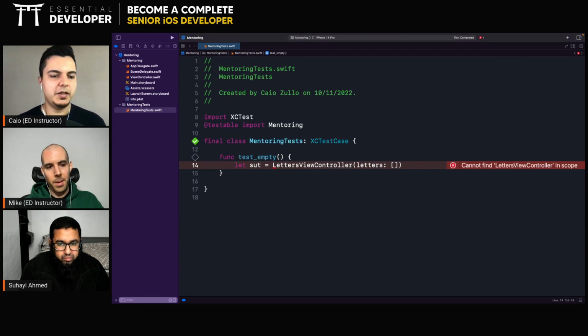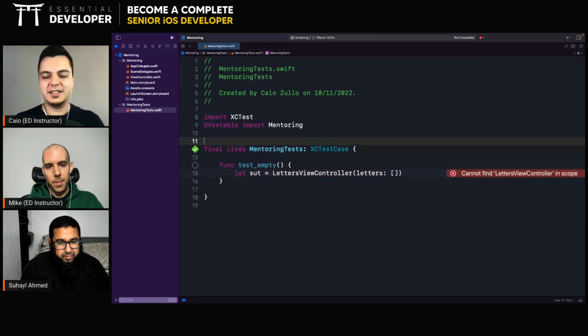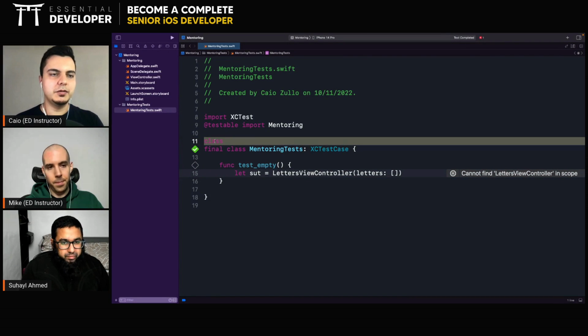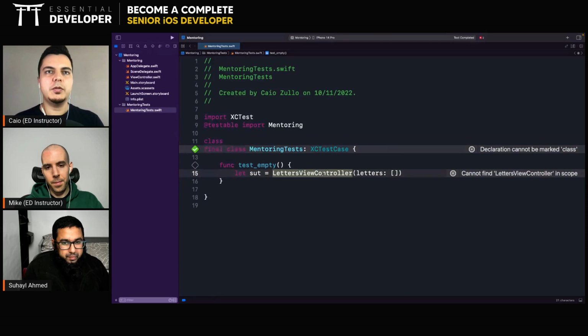We pass an empty array. Already have a build error, so we need to create a class here. I'm going to create it here in the test target, but this is production code. I'm just creating it here so I don't need to be switching files. A lot of people say, oh, you're writing test code. No, this is production code.